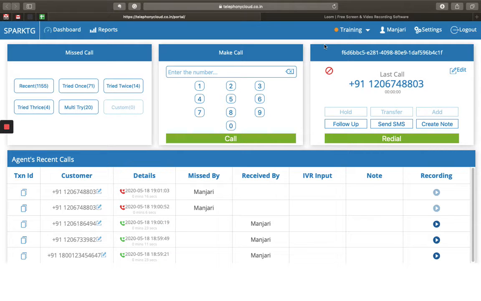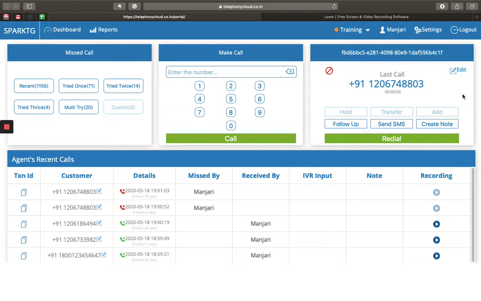So an agent who's on an online mode, available mode, can choose from different breaks. For example, I choose training right now. So at the time of break, the agent would not be receiving any inbound call. So that's the reason why these breaks are there. Not only that, the breaks also help the admin understand what are the offline timings that the agent has taken and what are the reasons for those offline timings.